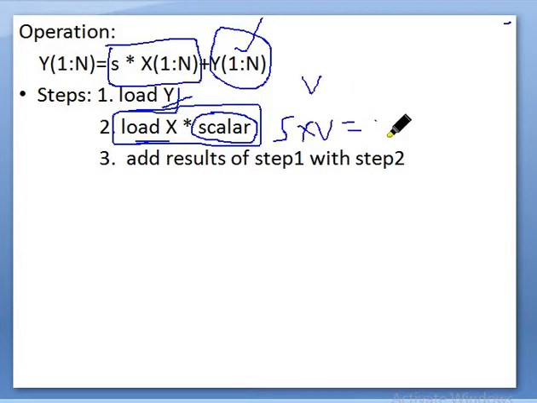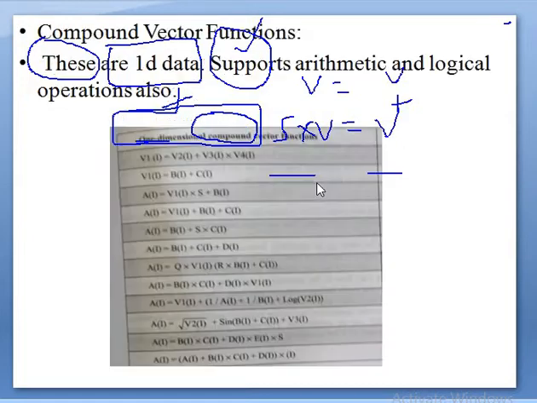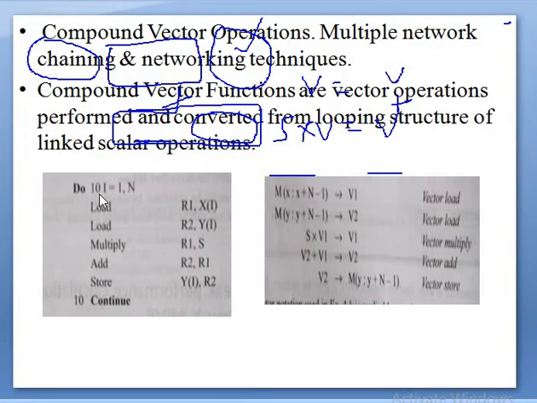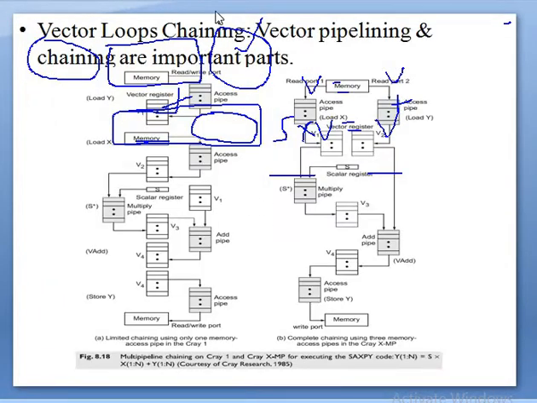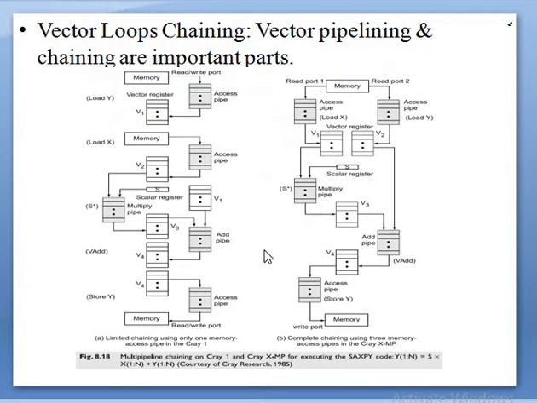So what is the result of scalar into vector? Again definitely it is a vector, so both vectors should be added, that is the step 1 result and the step 2 result. And where to store it? Again in the y position only. So how many times do we have to do this? 10 times, because I mentioned it in the first slide. So you can see, do 10 times, for I from 1 to n. Let's see how this will take place in the chained method and the complete method.